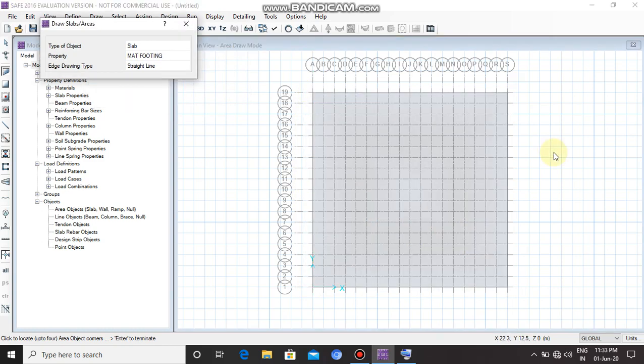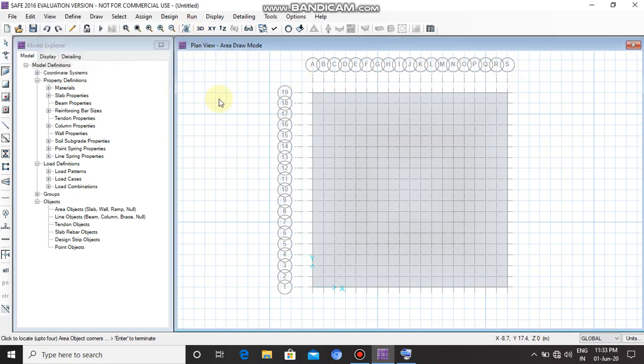Now once the slab is drawn, close the box and press skip. This is the slab of the building plan dimension. Now extend this slab by 2 meters to each side. So click once inside the area to select it.